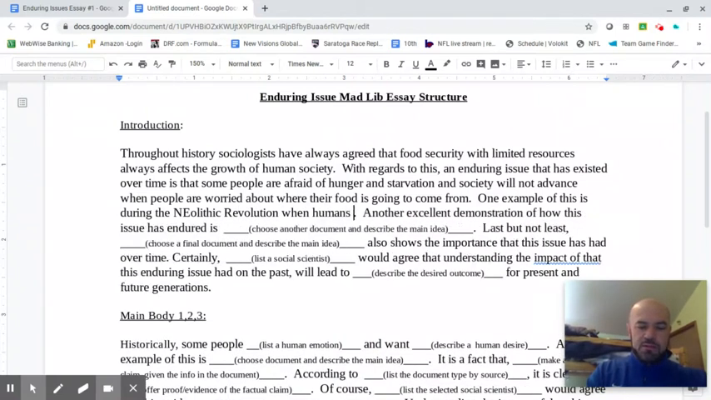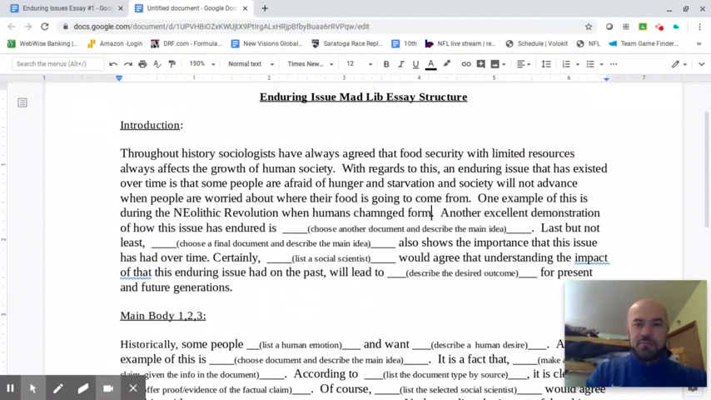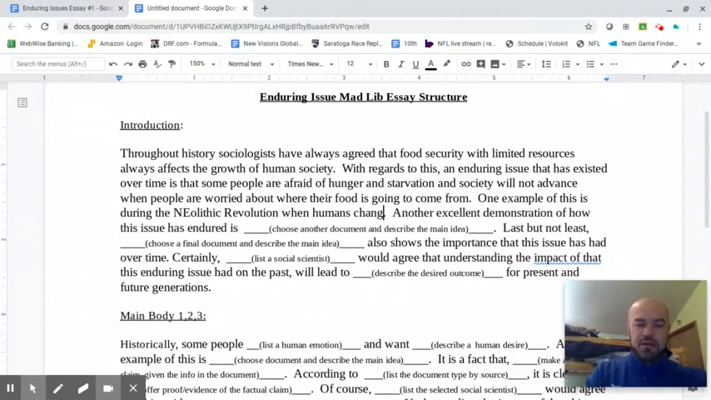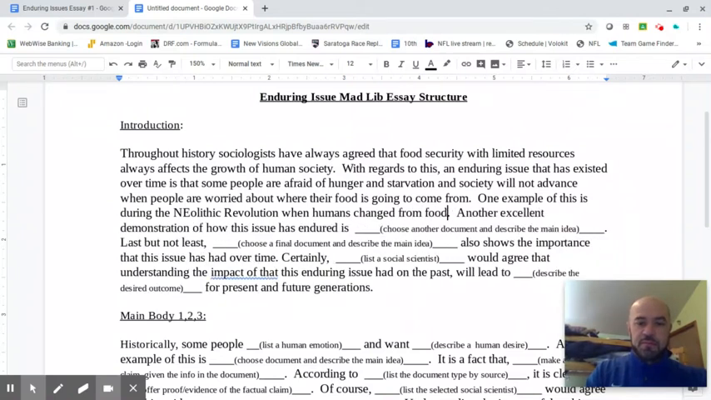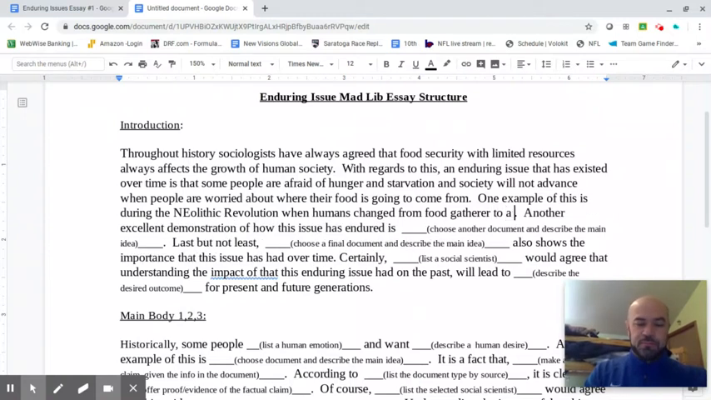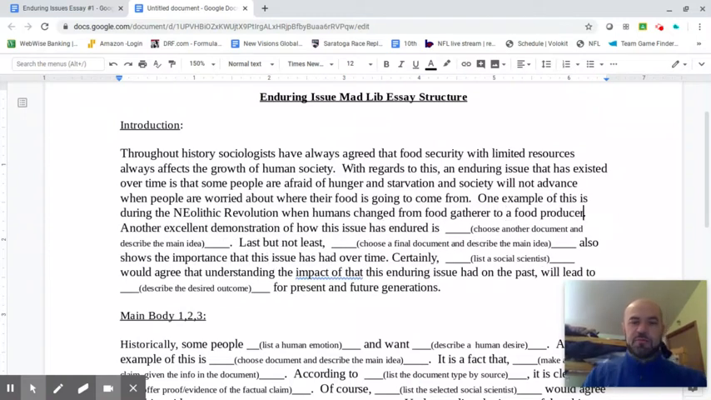when humans change from, oh, now you have to endure my bad typing here. Food seeker, right? Or a gatherer. Gatherer is a weird word to type. To a food producer. It's fixing the grammar. All right, one example of this is during the Neolithic Revolution when humans changed from food gatherers to food producers. Another excellent demonstration of how this issue has endured is, now I have to move to